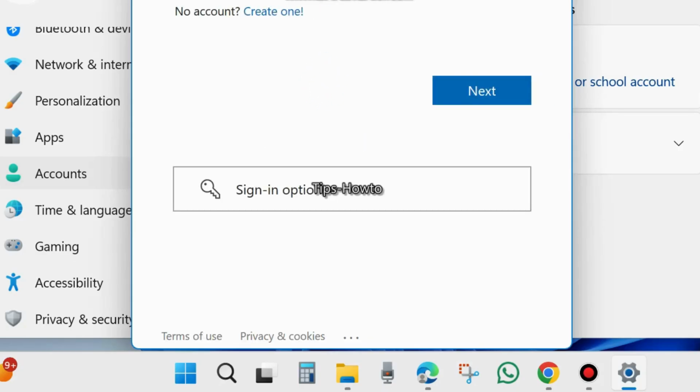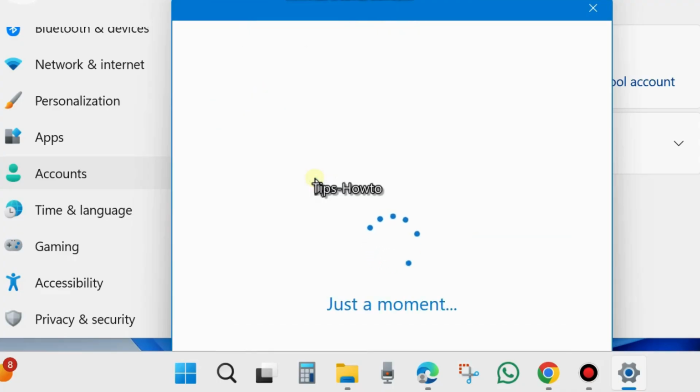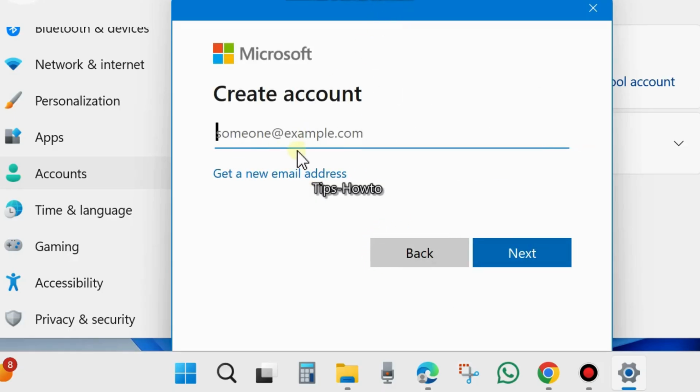Here you will find the sign in option: no account, create one. Click on it. On the next page, choose the option Get a new email address, or if you already have an email address then simply enter it, or choose a new email